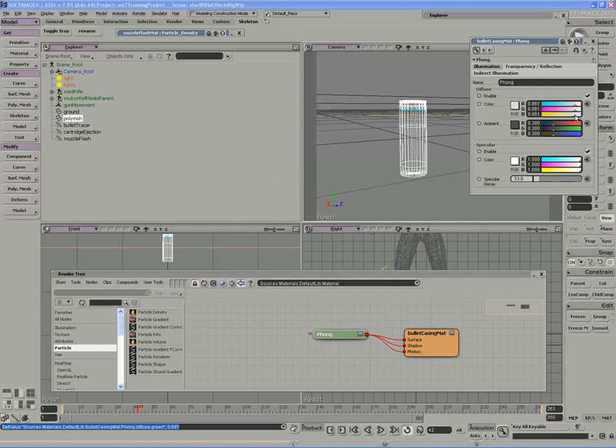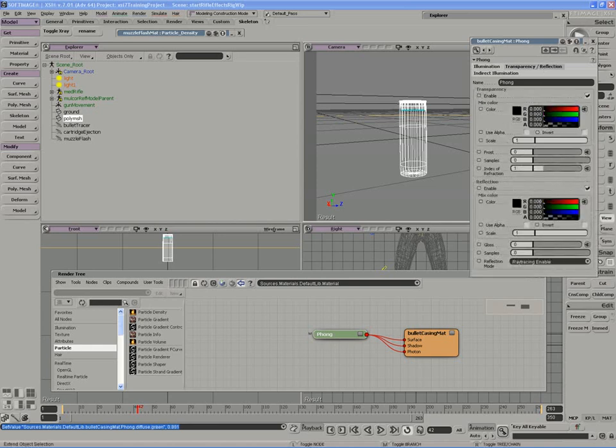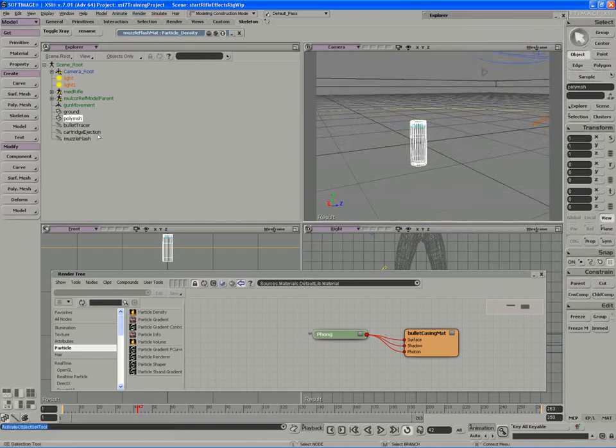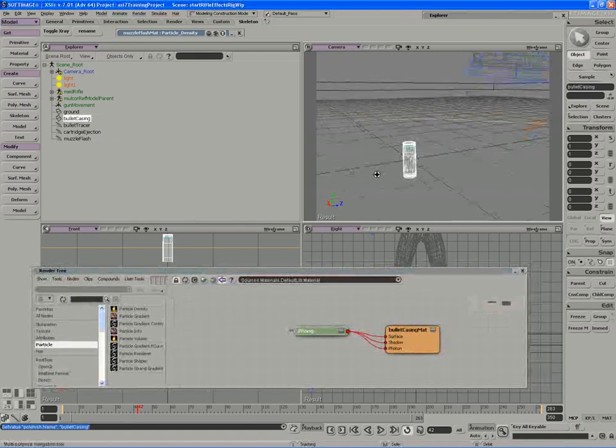I'll make the color of the bullet very light colored, and we could even give it a little bit of a reflection, except I don't want to really reflect the environment, which is nothing at this point. So I'll leave the reflections off for now. Ah, there we go, I can actually see the bullet. Alright, so I'm going to rename this to the bullet casing, and we're going to apply it into our ice